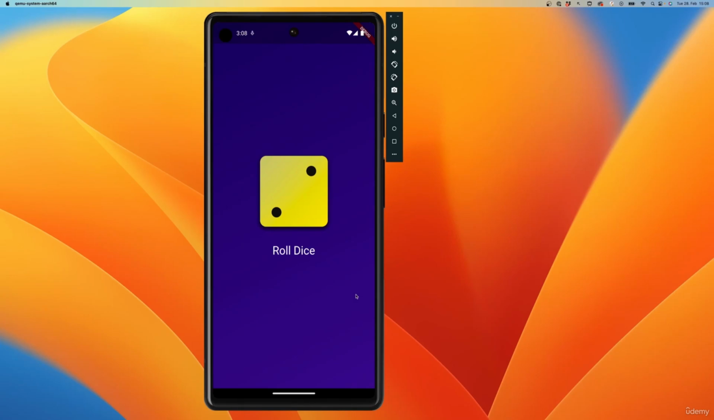In this course section, we're going to build a first basic app. An app which allows us to roll a dice and generate random values that are then reflected by an appropriate dice image in our app. And whilst the app, of course, is still fairly basic and not too fancy,